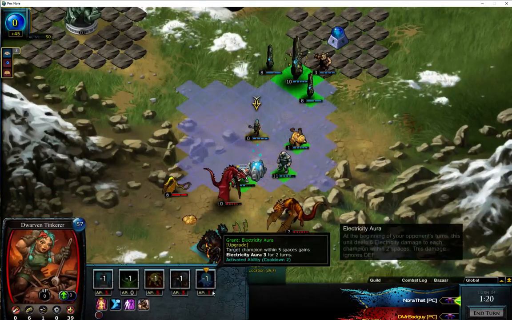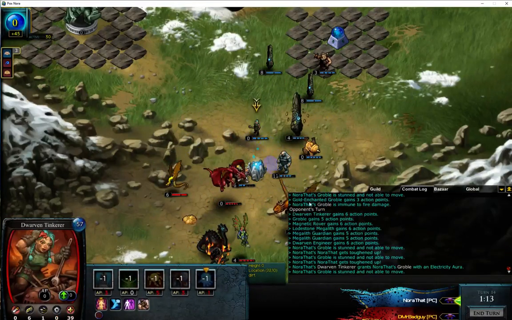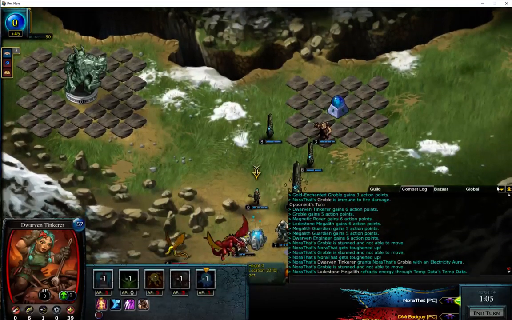So we have not only the Grant electricity aura, but did he heal him at all? No, he did not. Alright, interesting. I guess he wasn't in range. I wasn't really paying attention. I was looking at my other screen, looking at the chat. Did he heal? No. He didn't have the AP, because he would ideally just...